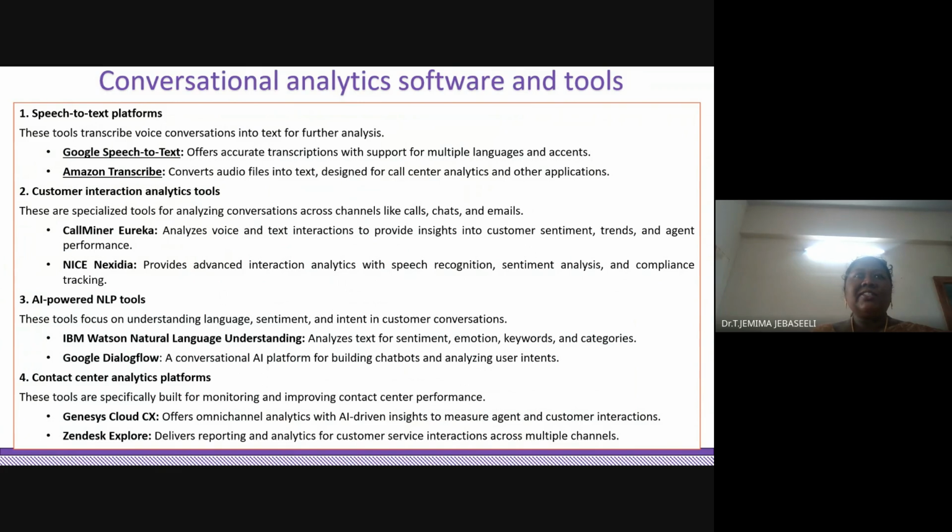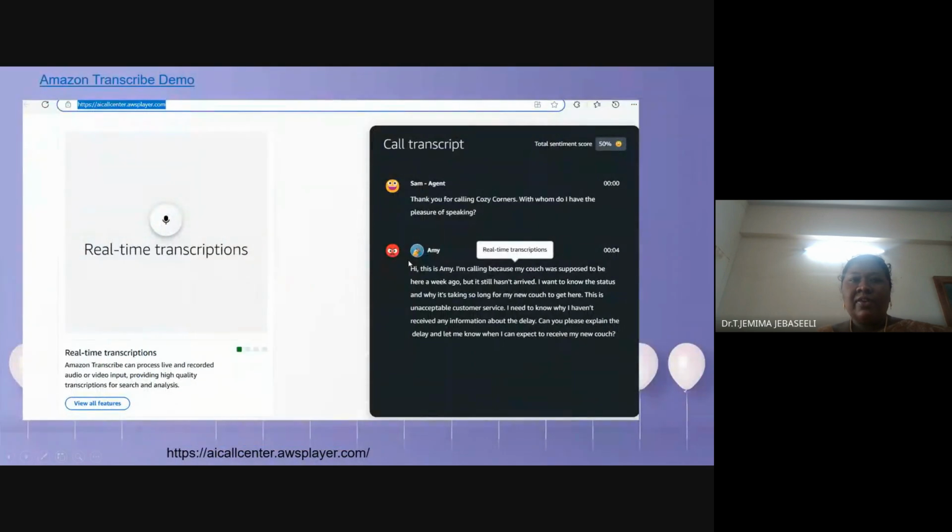Or the agent response. The agent may be software, or it may be a person. So how is the performance at the end of the conversation? Performance in terms of accuracy, and there are other parameters as well. So here, can you see that this is called Amazon